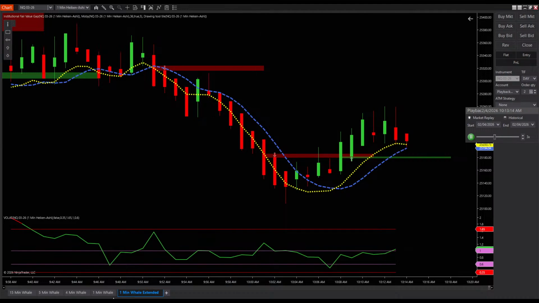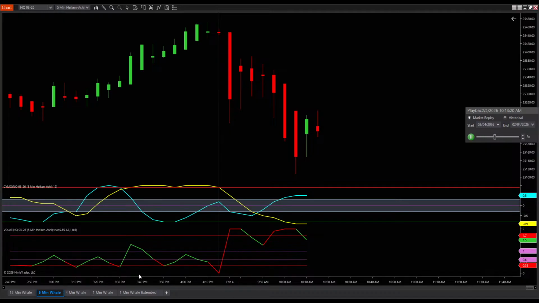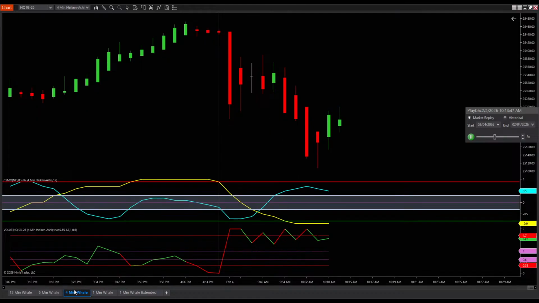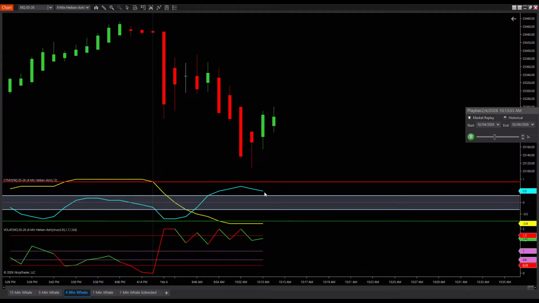Let's go back here and see whether we actually have, no, we don't have any turns right here in price and cycle. It's still above the 0 line. And on our 4 minute, it looks like it's coming down a little bit right there, but we'll see right now. Okay, it is coming down.